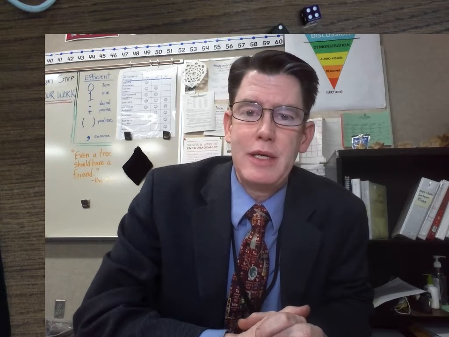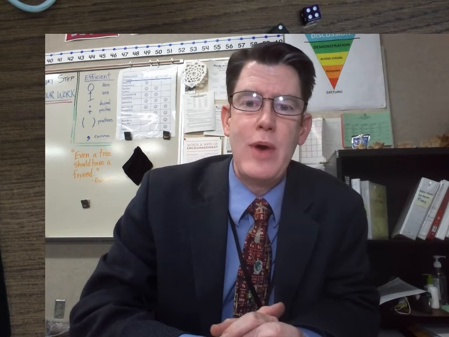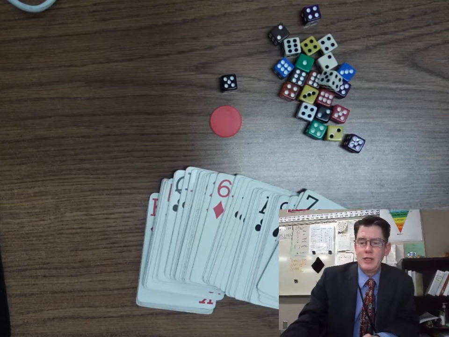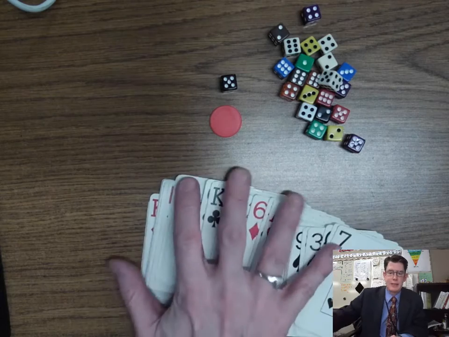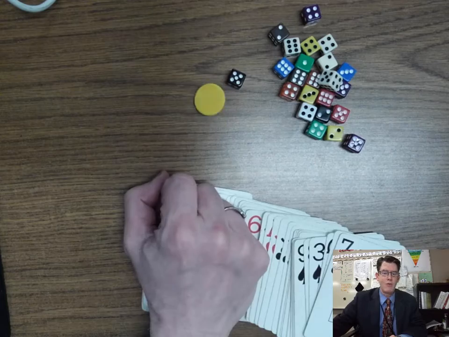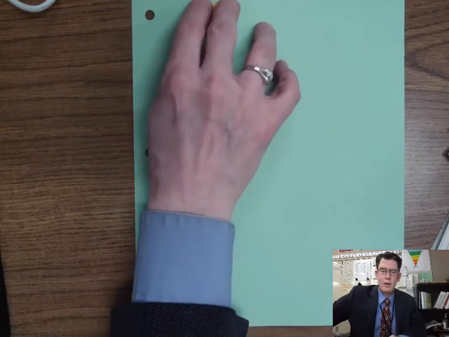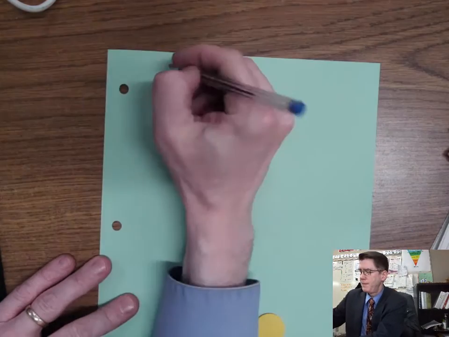We're going to be discussing some probability, kind of before and after, or sometimes what we call in math theoretical versus experimental. So we'll dive right in and just spend a couple minutes on this. Let's start with a counter. We've got here a red and yellow counter. Let's get some of these other items out of the way for now, and what we're talking about when it comes to experimental and theoretical